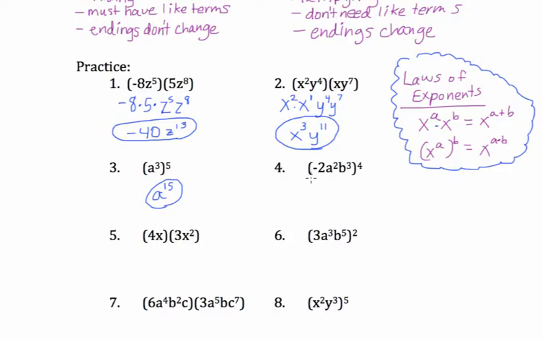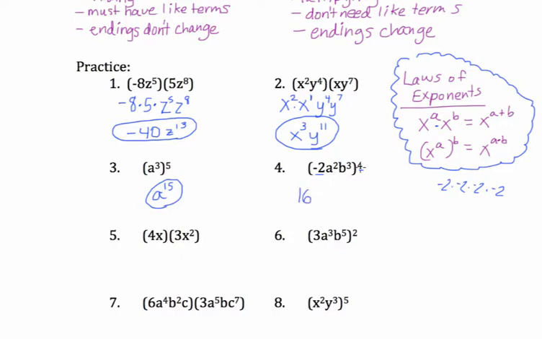Number 4. Let's see, I'll raise each of these pieces to the 4th power. Be careful of this too. You don't multiply 2 times 4. You take negative 2 to the 4th power. That means negative 2 times negative 2 times negative 2 times negative 2. So negative 2 times negative 2 is positive 4, times negative 2 is negative 8, times negative 2 is positive 16. So this will be 16